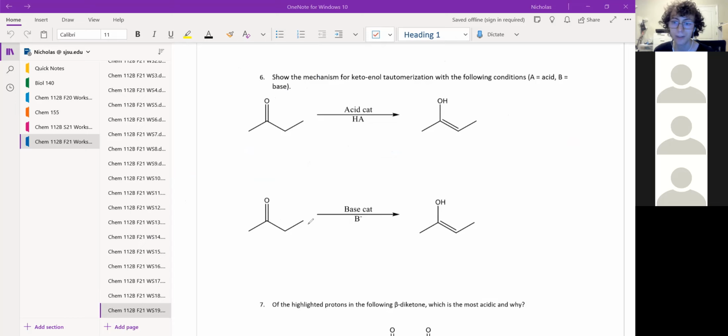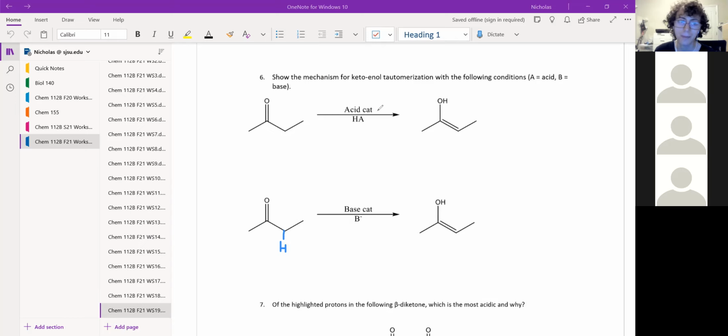How can we start this one for the mechanism? And I will say this doesn't actually start the same way we normally would do a base catalyzed mechanism. It's not going to attack here at the carbonyl carbon. Would it take an H from the alpha position? Yep, because we've discussed this is a relatively acidic proton and we're adding a base. So